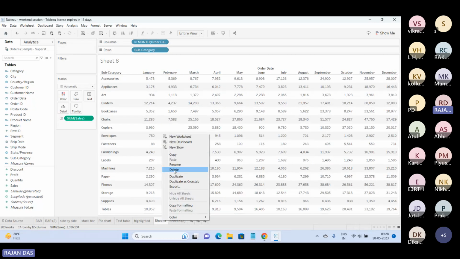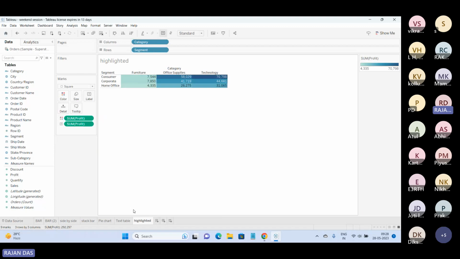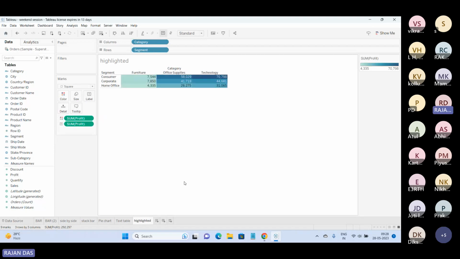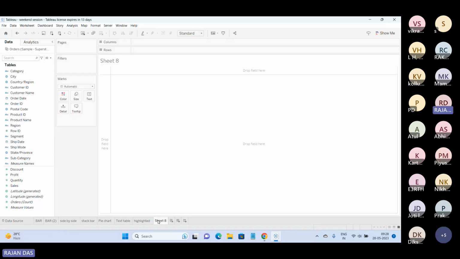I have created different examples. So this is your plain highlight table and this is your plain one. We'll go for the next chart,